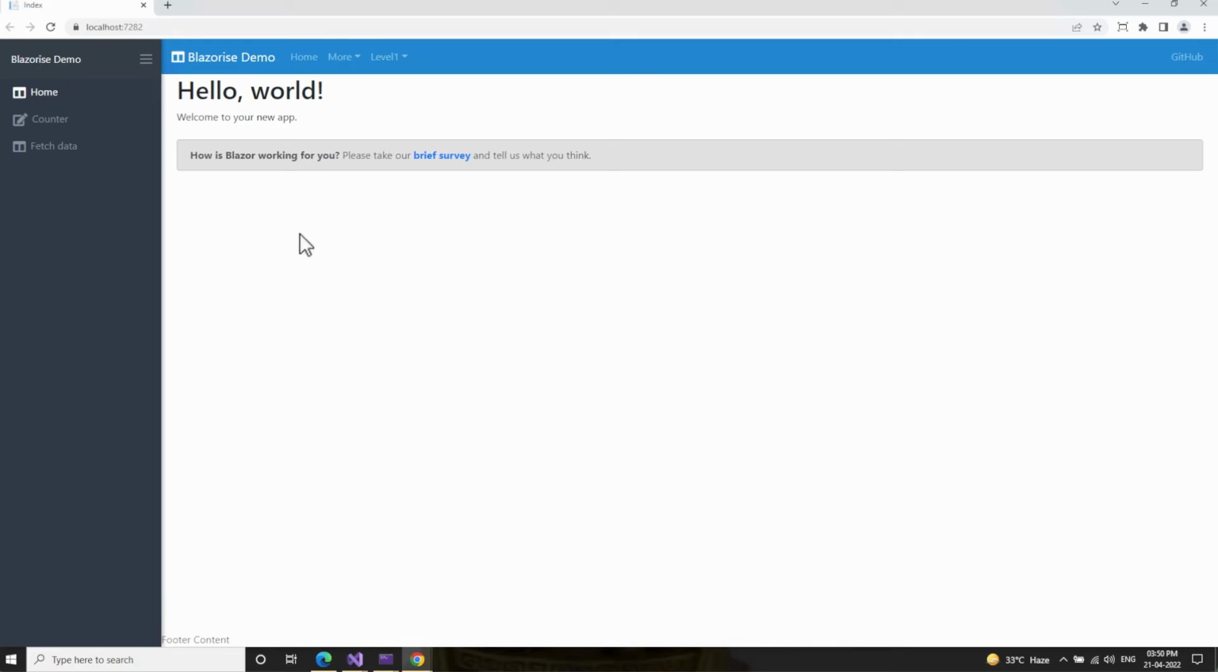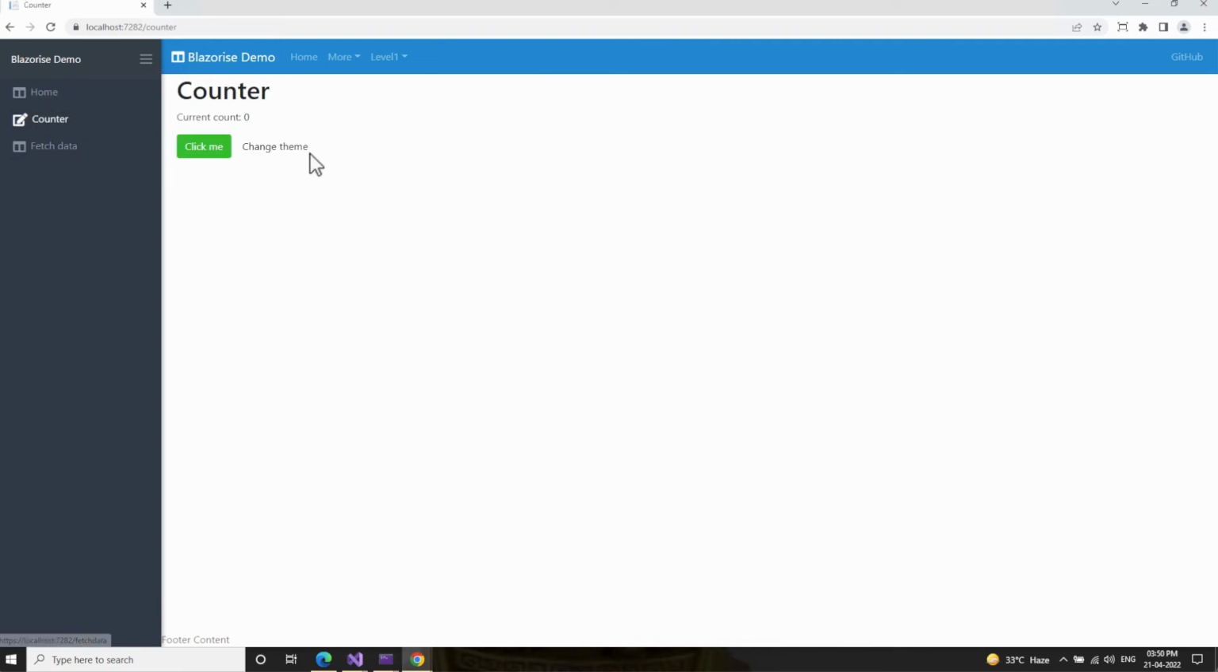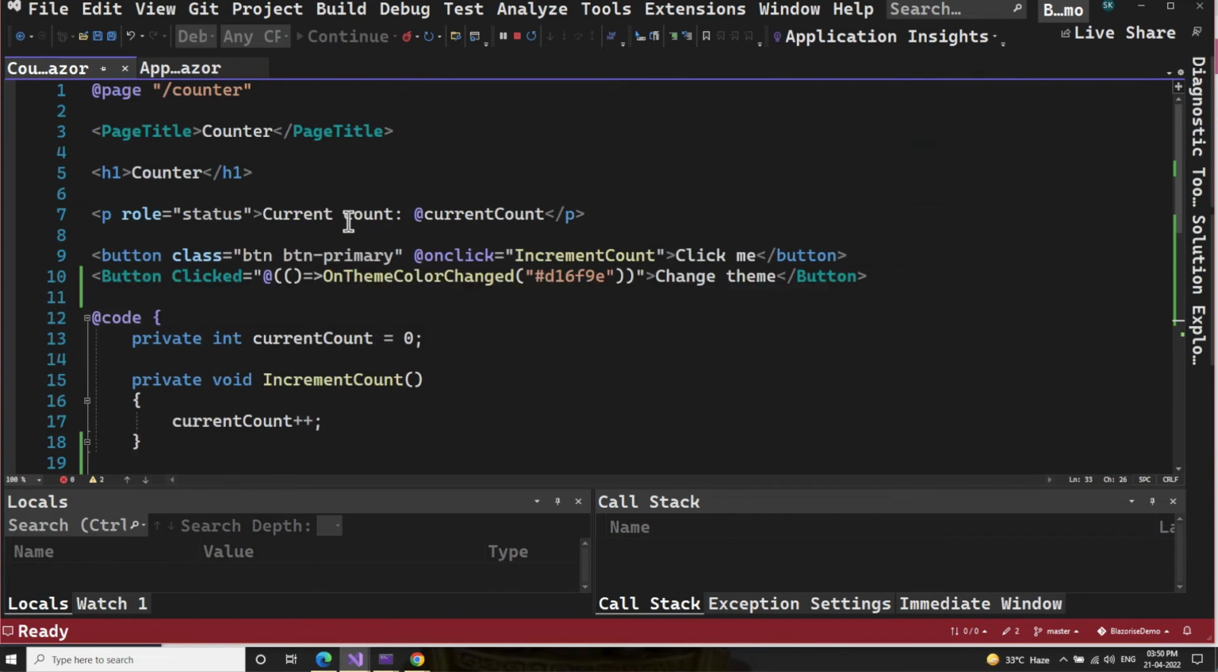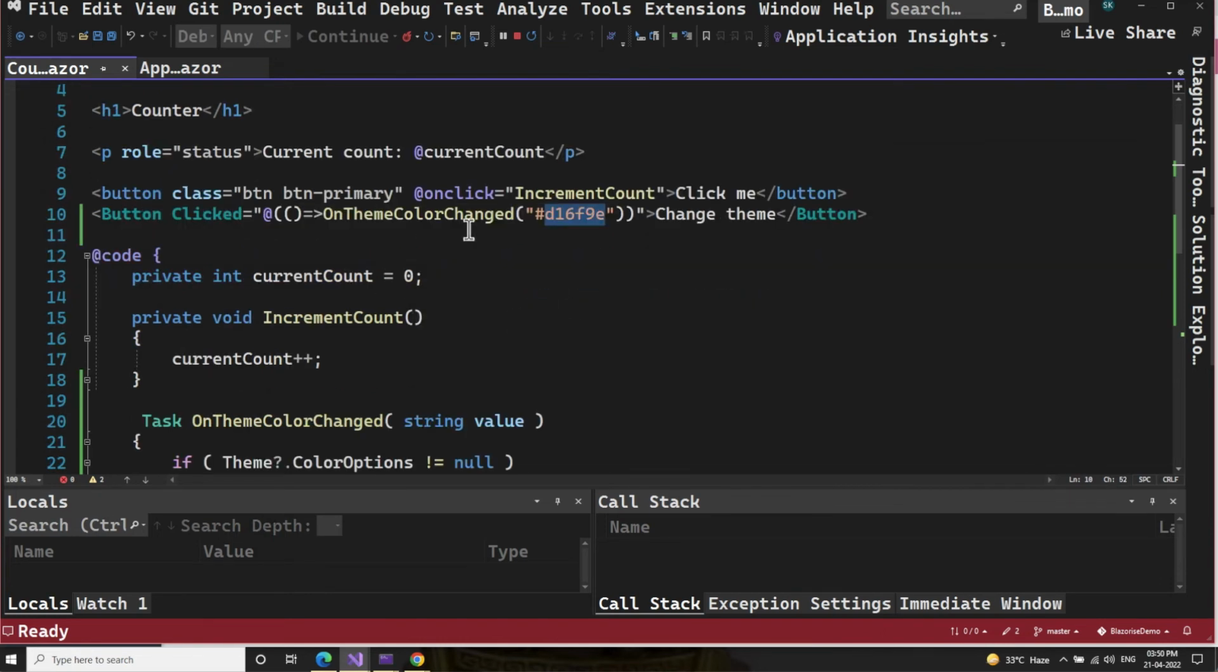So here we are running the application, and we go on the counter page, and you can see here this change theme button is appearing. I think it's just a link, so that's why it's not coming as a button. So I'll click on this, and you can see the theme has been changed. This color has changed because the primary color has been updated. If you go in the code here, you can see that on theme color change, this is the pink color we are passing, and you can see this button is not using any class. So if I change this to use the button primary class like this and save this,